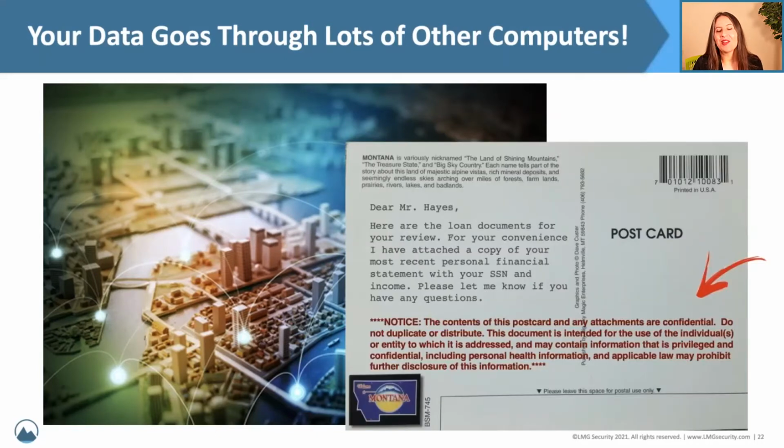I always think it's funny when I get an email and at the bottom of the email there's a disclaimer that says the contents of this message and any attachments are confidential, because it's misleading. They're not. Sending an email across the internet is like sending information on a postcard. Same with text messages. You should assume that those messages can be read and are read, that they're copied, that anybody can see them.